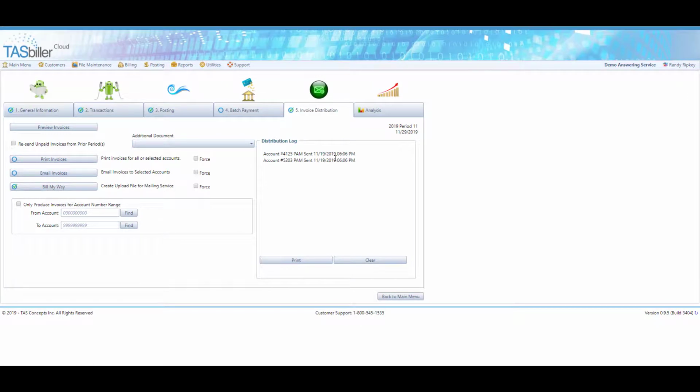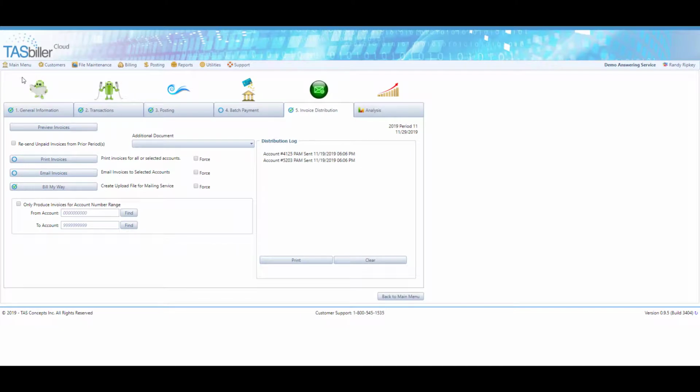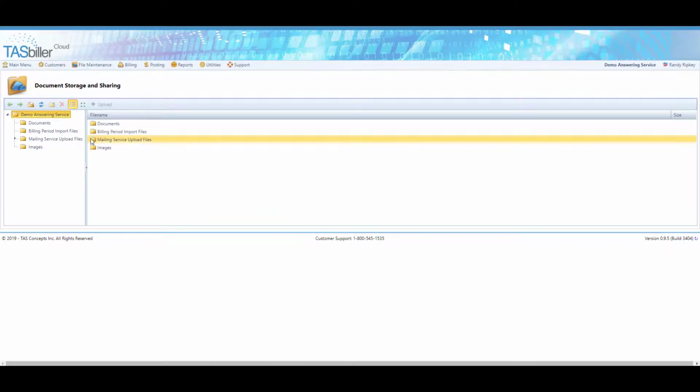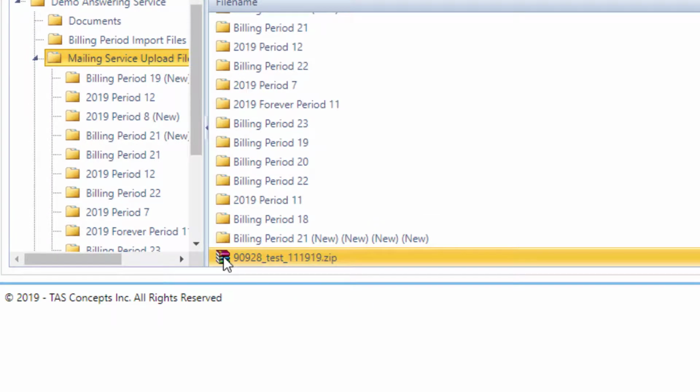Now I just noticed an email came in. I can check my email, and here's my notification from BillMyWay saying that my file has been uploaded successfully. I can also look in the document storage area of TASbiller Cloud, and in the print mail service upload folder, this is the file I just created today that has the 2 PDFs. I can download this zip file to my own computer if I like,